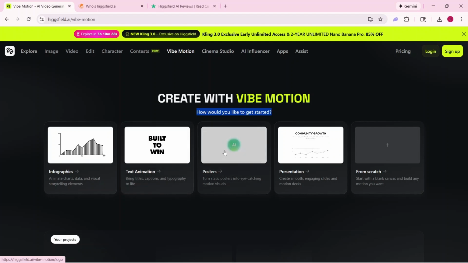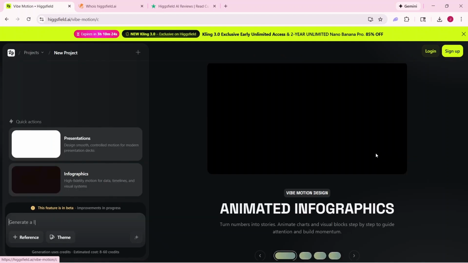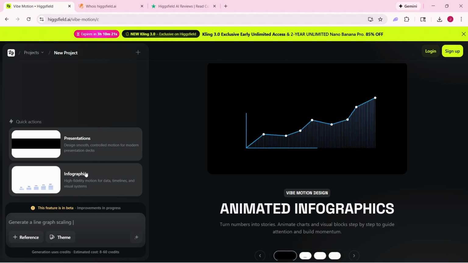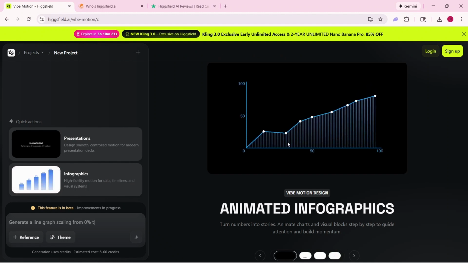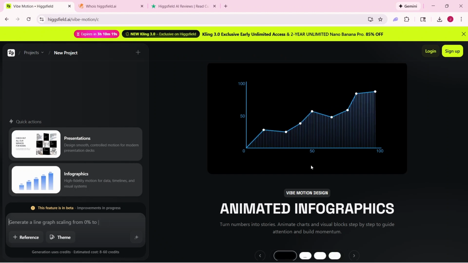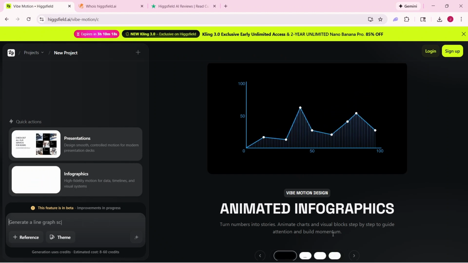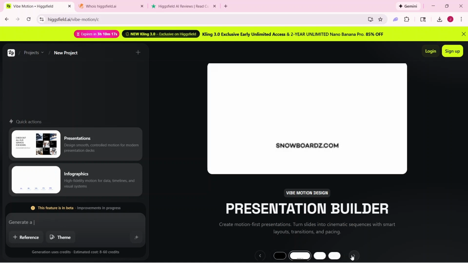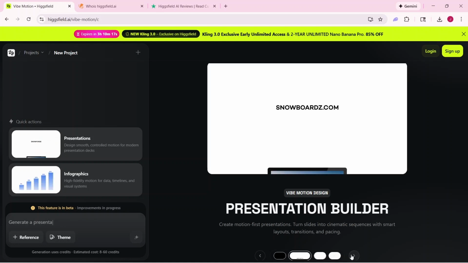On the surface, the tool feels impressive. Clean interface, fast onboarding, and prompt-to-motion output that looks surprisingly usable for social clips and quick visual assets. But once you push beyond demo-style prompts, some gaps start to appear. The first issue is consistency. Results vary heavily based on prompt phrasing, and repeatability isn't always reliable, which matters a lot for brand work and